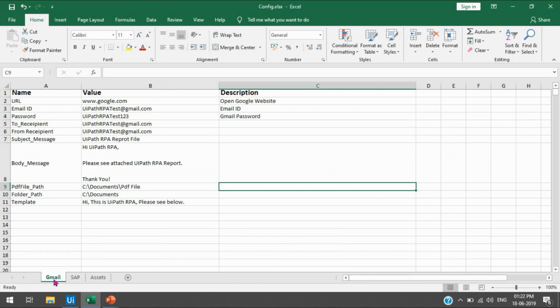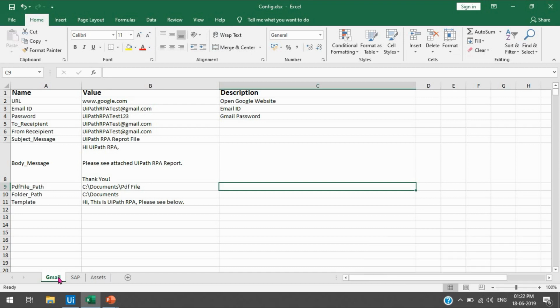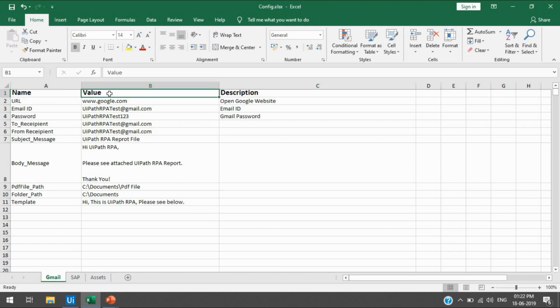So let me show you. And now I think you got how to create it. You just have to open one Excel file as a new file, and you can keep the application name, or you can write master here, then write one name, and in the second column value, and in the third column comments or description, and here you can write whatever you want to use. Now let me show you the first example.